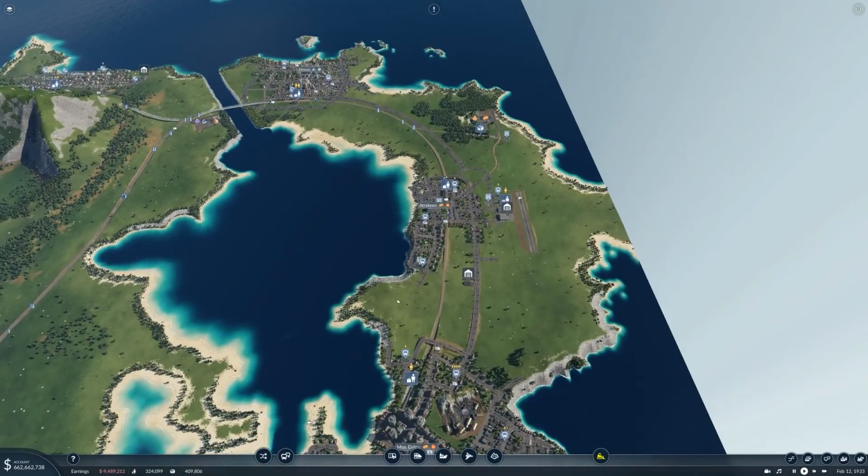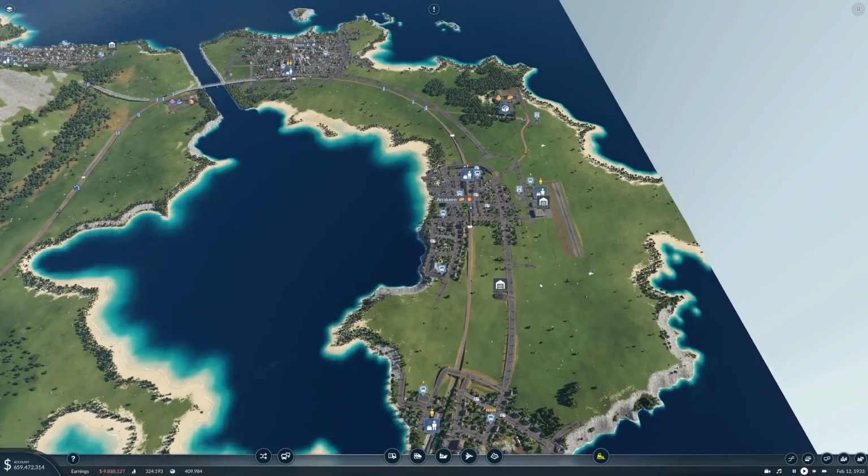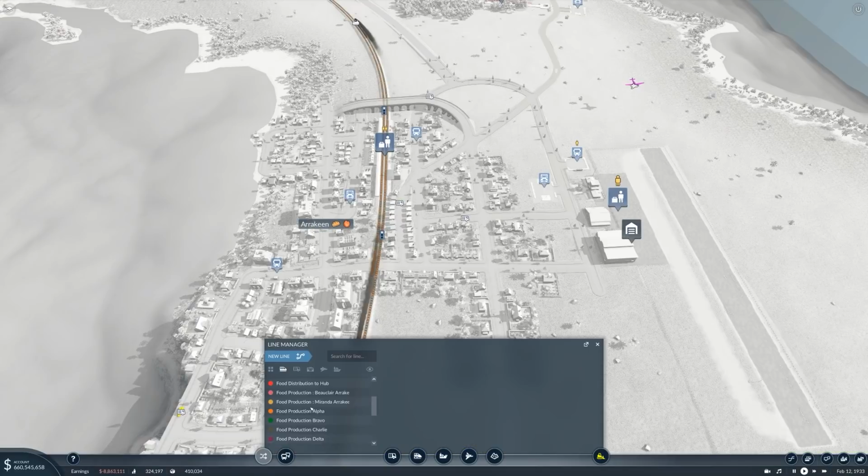Let's get some truck action going on. So, they'll be bringing unrefined foodstuffs out here to the Bandung food processing plant, where it will be turned into food. We will then pick some food up here from Arakeen Transfer and take it to the airport. We will take some more and take it to Arakeen. Okay. Any questions? Yes. And that question is...